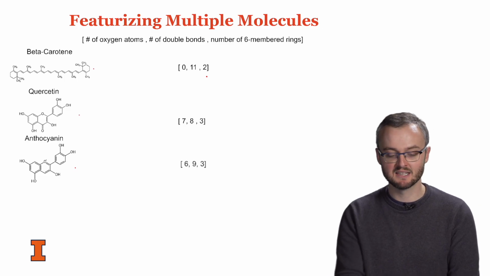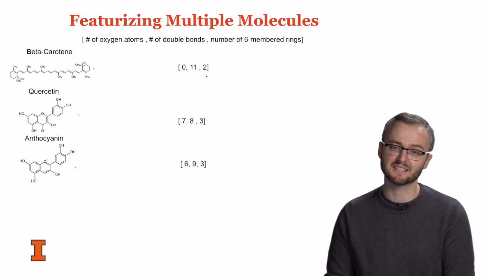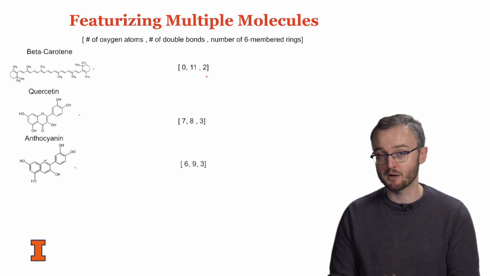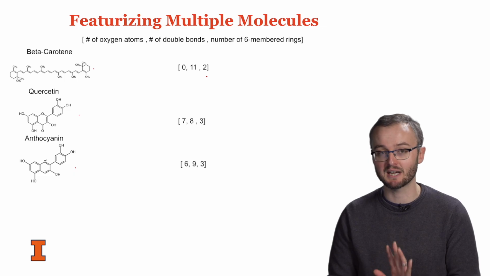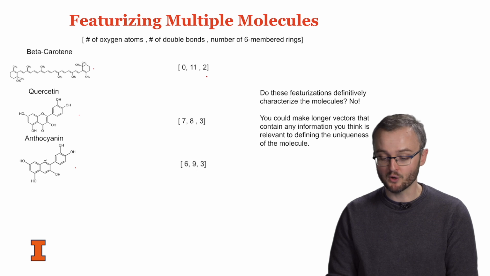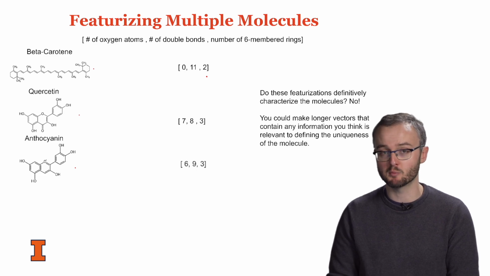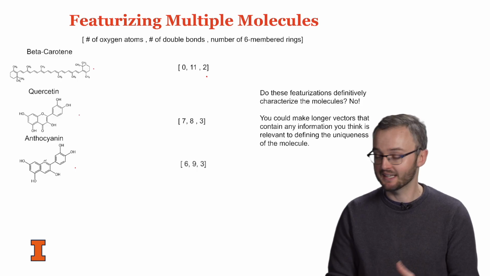There's 2 rings. Quercetin by 7, 8, 3, and an anthocyanin molecule by 6, 9, 3. So here are numerical vectors that are characterizing each of these three molecules. And of course, as I said before, these aren't every possible characterization of a molecule you want, but the process of assembling these vectors as for what you think is important in a molecule is integral to the performance of